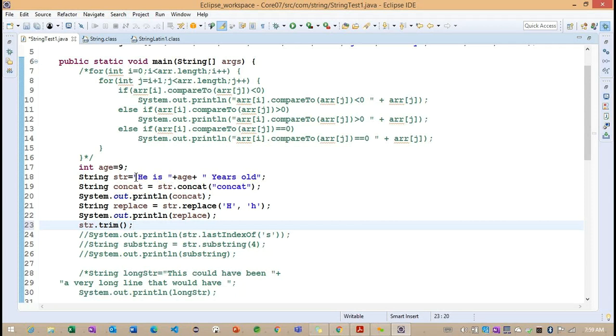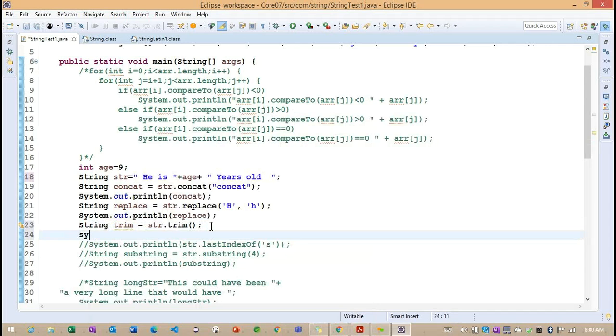So I'm calling the trim method here, and here I'm trying to give space. Now you can see, before this string I'm giving a space, and after this string also I'm giving a space, right? And this trim also gives one more string object here.